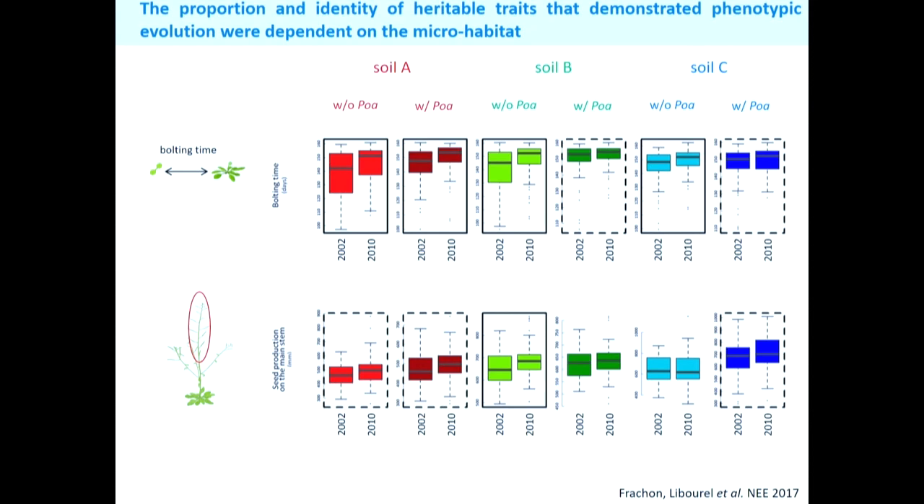For the bolting time, from the germination to the onset of flowering, you can see that there is an evolution between 2002 and 2010. We observe the same evolution, an evolution to more late flowering plants. And we also have this trait, the total seed production on the main stem of the plants. We also observe that there is an evolution to produce more seeds on the main stem. This is true for 4 out of the 6